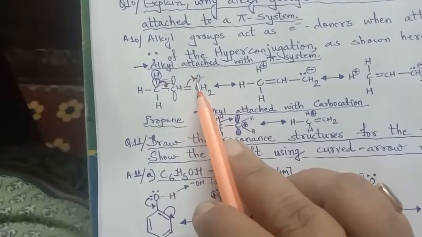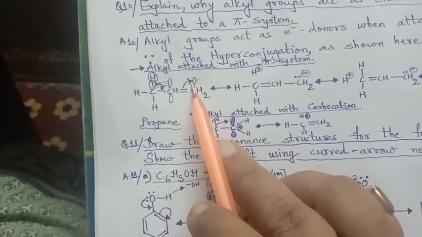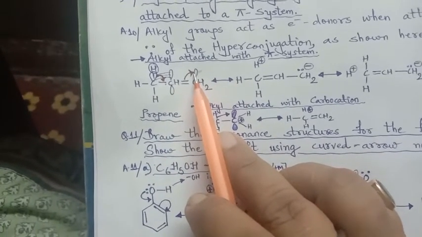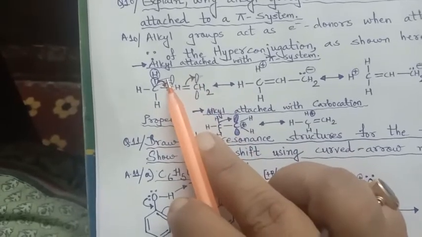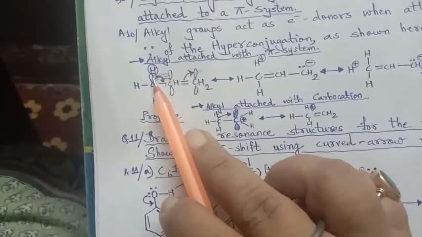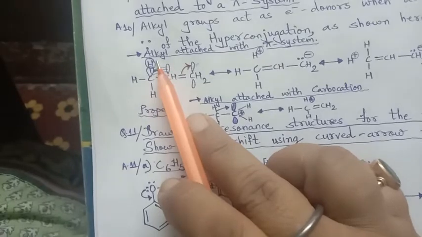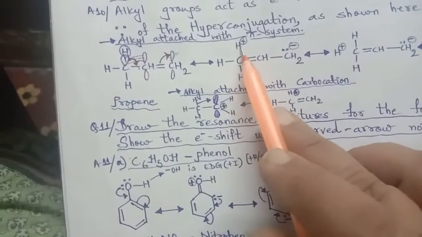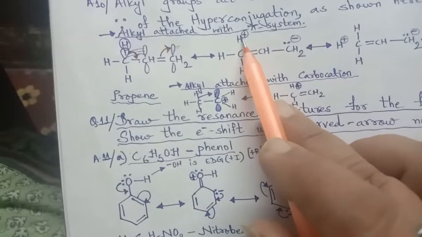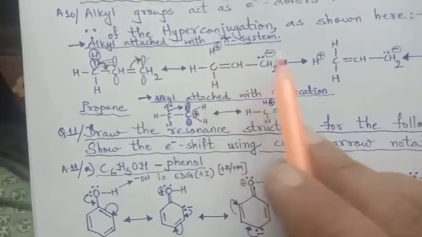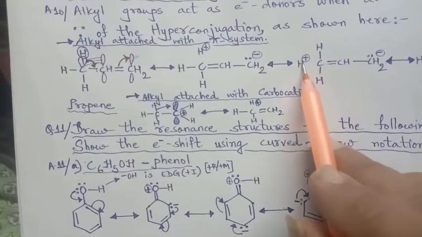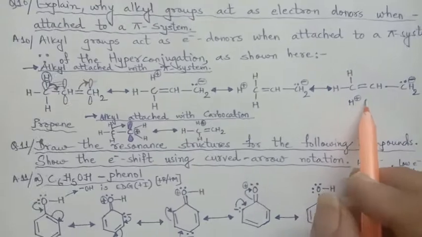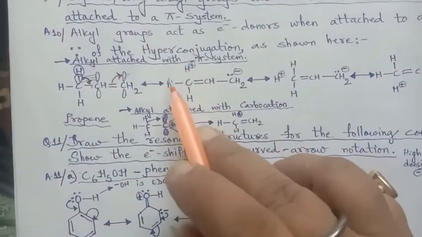And here it will be the negative charge. That means it will completely take the electron pair, right? And this hydrogen, as it has already donated its electron, will acquire a positive charge. See here, it will acquire a positive charge, and no bond here. That is the first hyperconjugation. It can also take place with this hydrogen, right? And it can also take place with this hydrogen. So this is considered as that alkyl group.